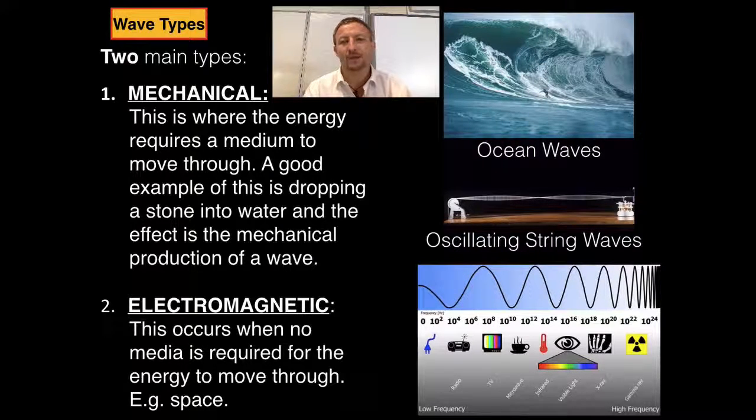medium. So to recap, two main types of waves: mechanical, where you basically produce energy going through a medium, like dropping a stone into a river. You produce ripples, and the result is those ripples have energy. As well as that, you've got electromagnetic waves where they do not pass through any medium whatsoever, such as a